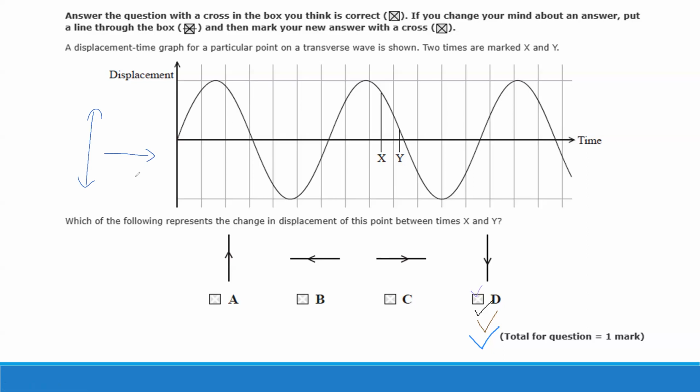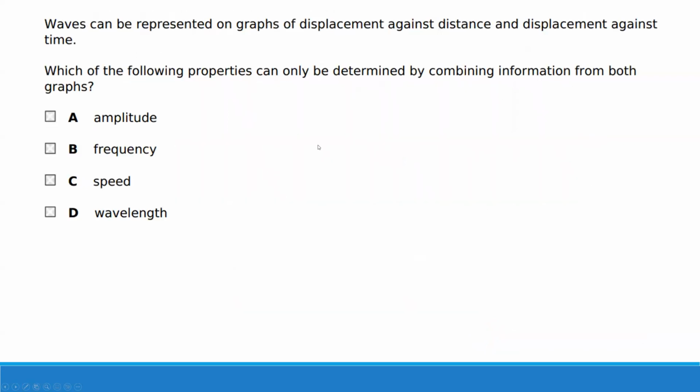And I want you to go home and think about it. Why would the answer be B if it's a longitudinal wave? Maybe spend 5-10 minutes thinking about it and you'd understand. And that would make you a master of this topic. I think there's nothing left for you to understand on this sort of topic.